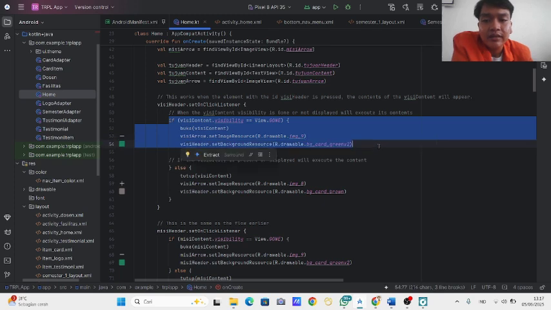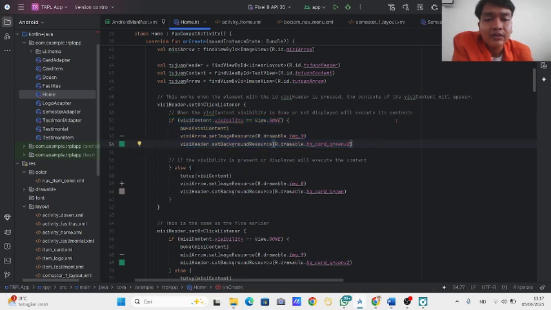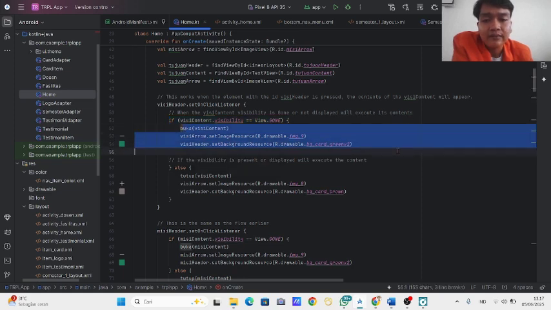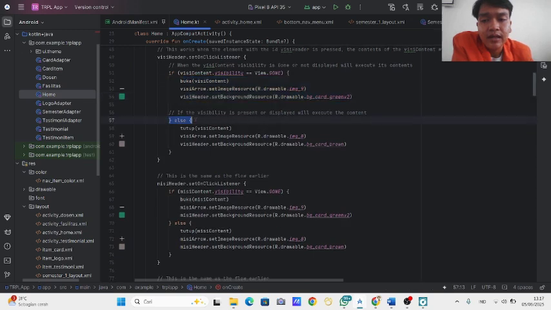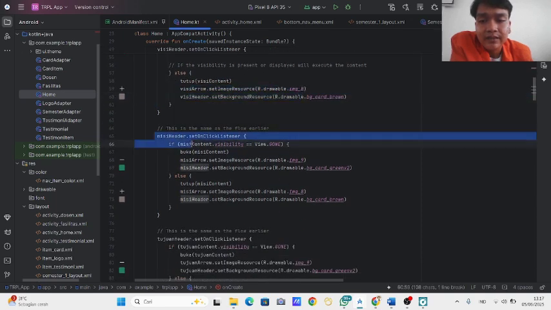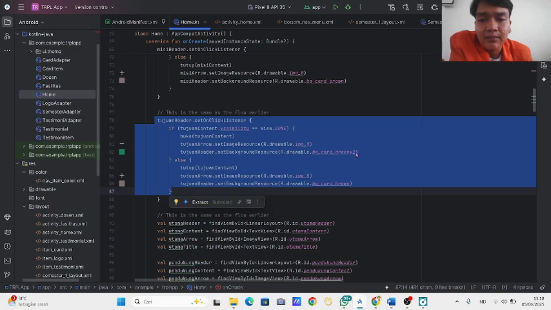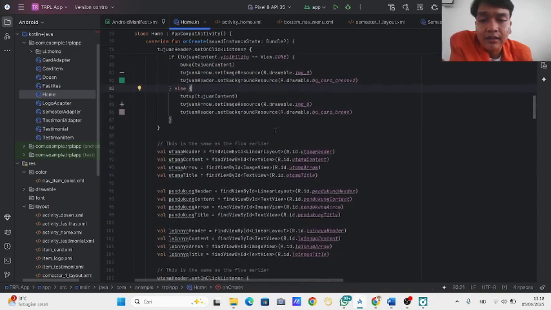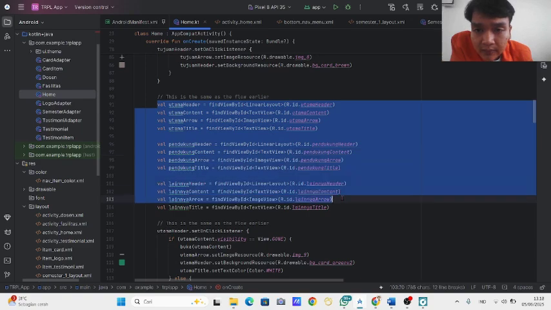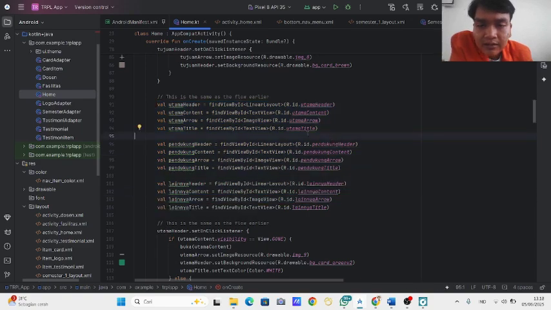Next, when the VC content visibility is gone or not displayed, we will execute it to show the content. Else, if the visibility is visible, it will hide the content. This is the same as the flow earlier. This is the same as the flow earlier too.